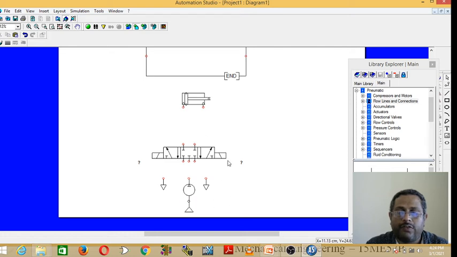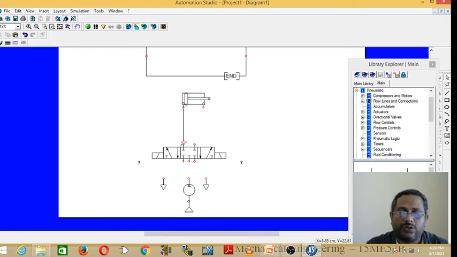And now after placing all these things, you have to wire them. First, I will show the pneumatic circuit without flow control. First, I will show only controlling the position of the piston. Later, I will show how to control the speed by inserting the flow control valve. After placing all those things, connect them.